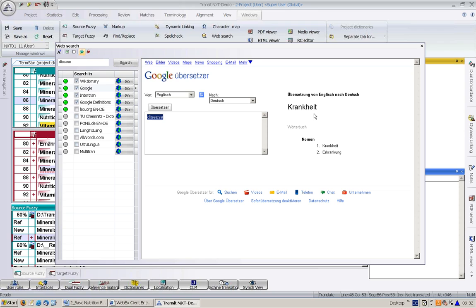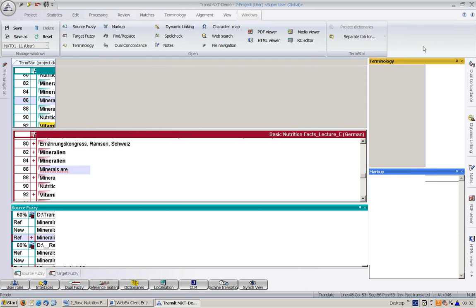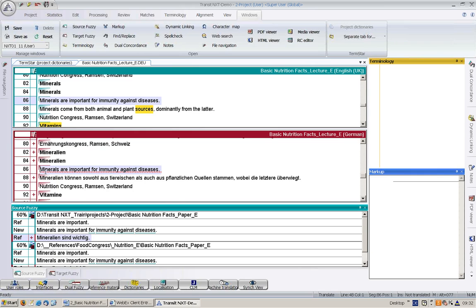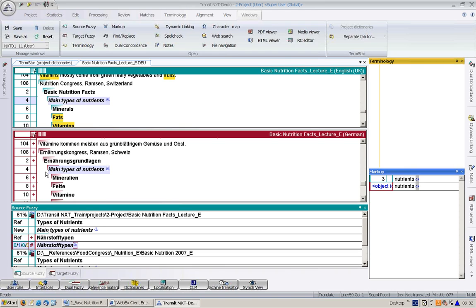By the way, this is also an element of the toolbar, and it can also be defined as a floating element. Now we know that disease can be translated with Krankheit. I close it, and I just translate. Okay, press alt insert in order to mark it as translated. Now we have reached the second file, and Transit automatically went to the second file and continued with showing us